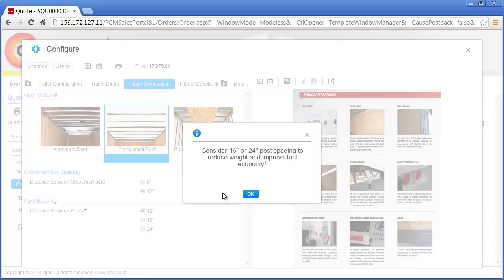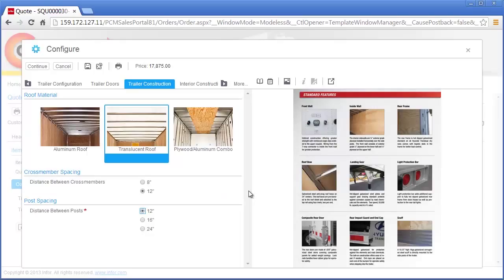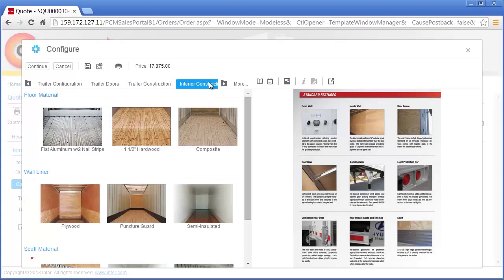Nick double-checks the specifications on the request for quote to see if the 16 or 24-inch option is acceptable. The request for quote only specifies a range of 12 to 18 inches, so Nick decides to select the 16-inch post spacing option. Nick is able to more quickly and confidently make valid option selections during the configuration process since the trailer options are displayed using images instead of only text. This makes the identification of product options and the configuration process easier to learn and more accurate since he can visually validate option selections instead of assuming the meaning based only on reading the option names.